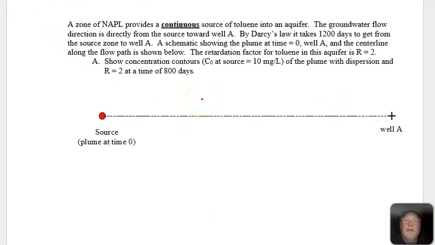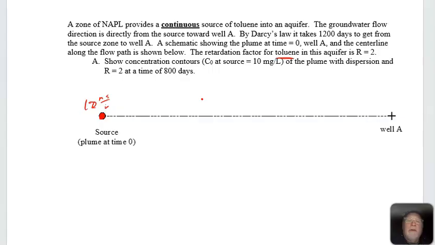Let's do a continuous source. It's starting here. This is what it looks like at time 0. Same example we've been doing. It takes 1,200 days to get there by Darcy's law. Now we're going to say the retardation factor for toluene is 2, and we're going to look at the concentration contours. So if it's 10 milligrams per liter at the source,